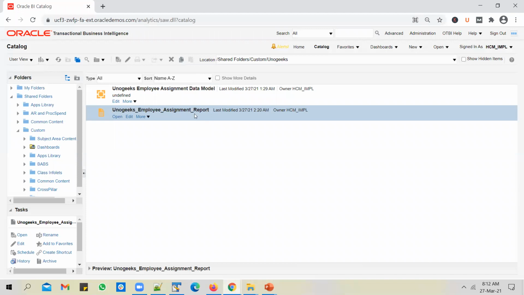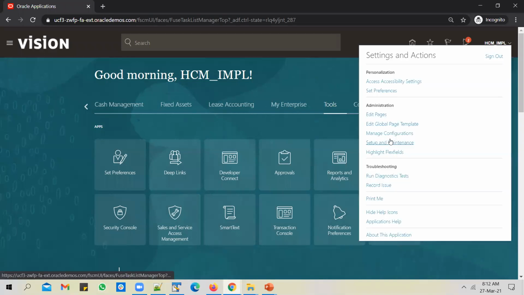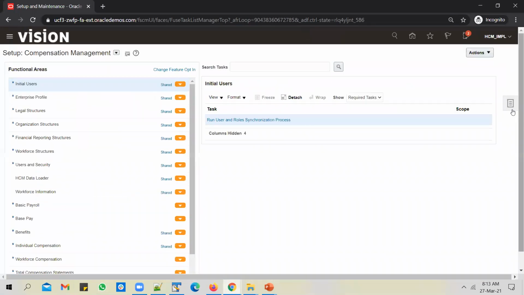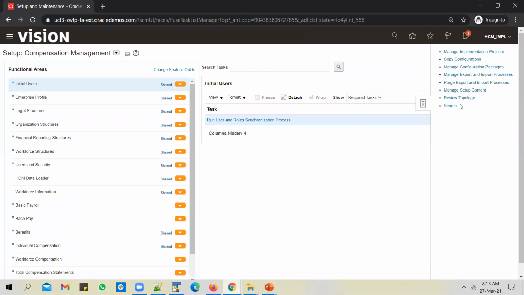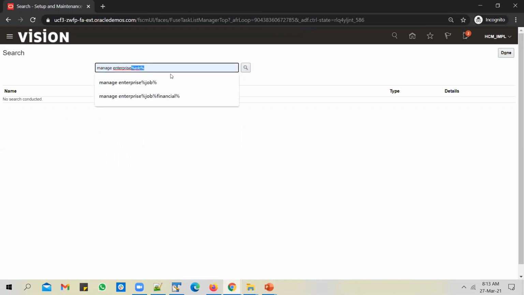And we need to register this report now as an ESS job. So log into the application. And from the application, go to Setup and Maintenance, click on the drop-down, Setup and Maintenance, go to the Global Search, search for a task called Manage Enterprise Scheduler Job.